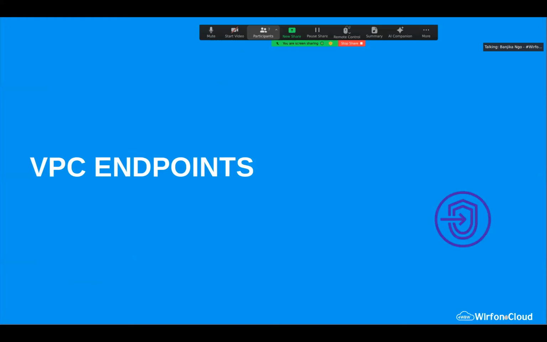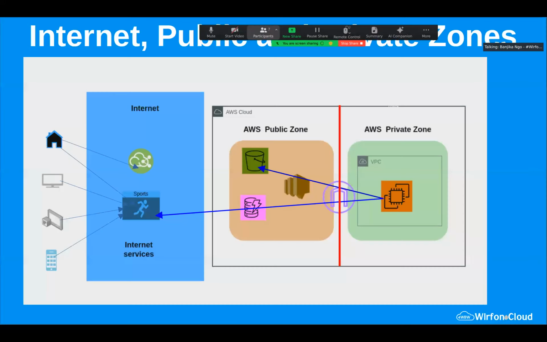So we have talked on that. Let's look at another concept called VPC endpoints. We're slowly coming to the end. And before I touch that, I want to point to this diagram because at times when people think of AWS network, they just feel like it's already in the internet, but